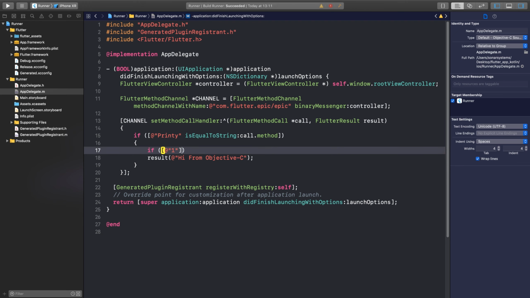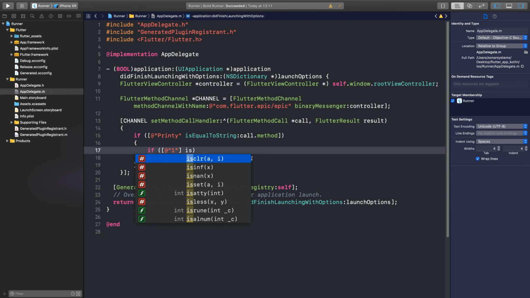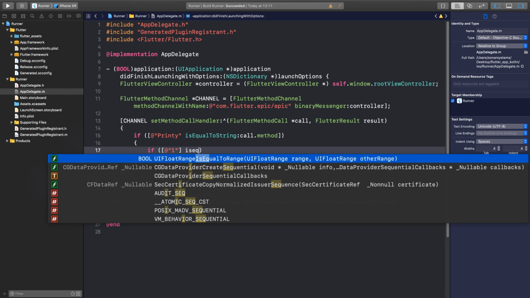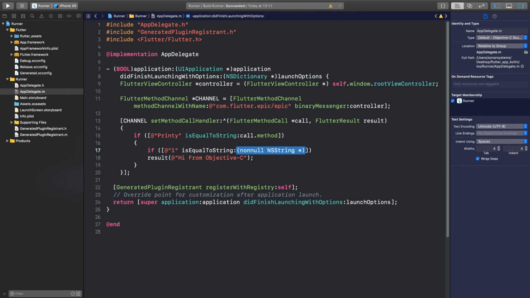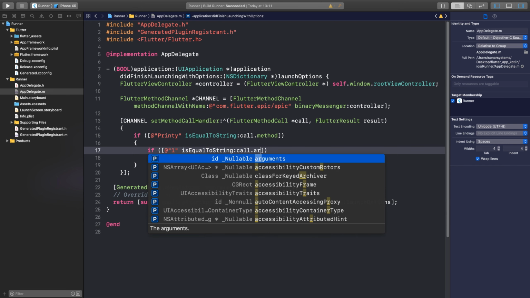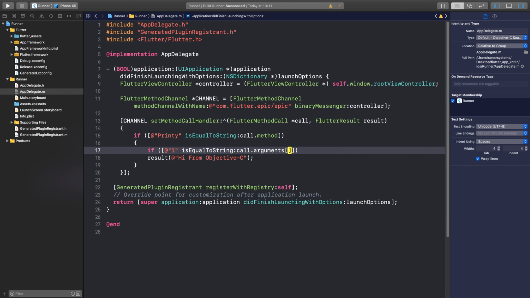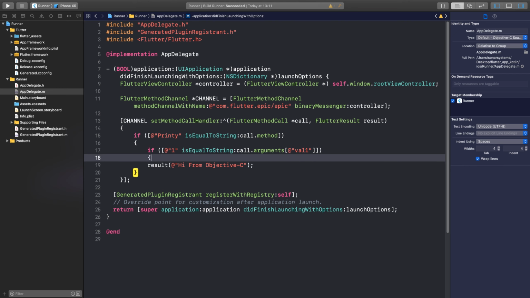So if it's equal to 1, I'm going to say is equal to string, and this is going to be call.arguments, and I need to specify the argument itself, so val1. So what we're doing is checking if the parameter val1 is equal to the value 1, and if it is,